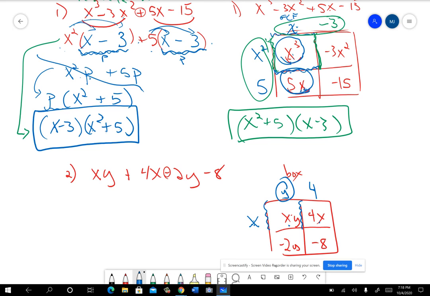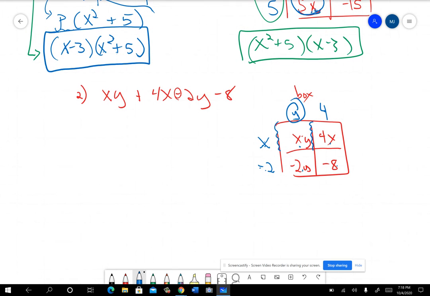And then if it's y here at the top, this needs to be negative 2. So negative 2 times y would give me negative 2y. And then this is sort of a check. See how negative 2 times 4 does give me the negative 8. So my answer is x minus 2